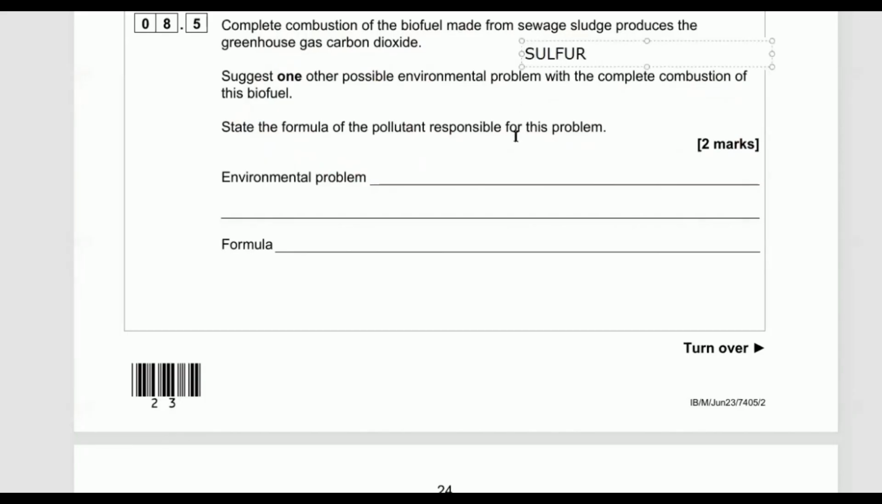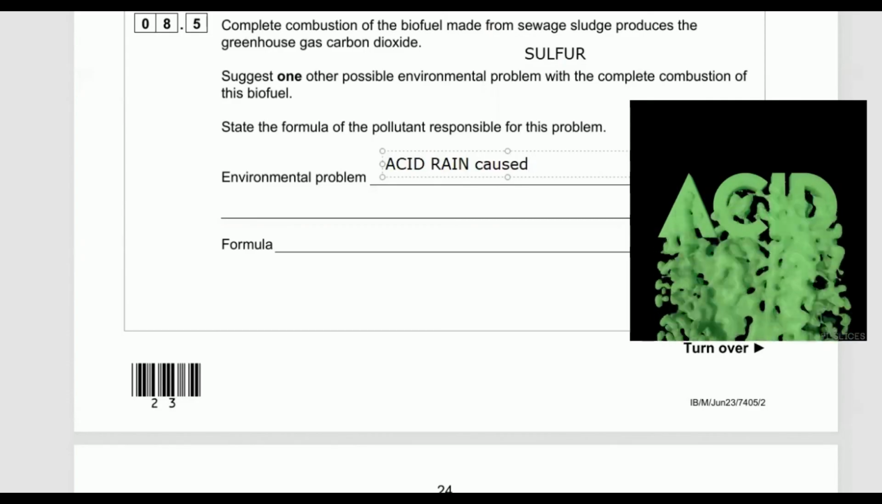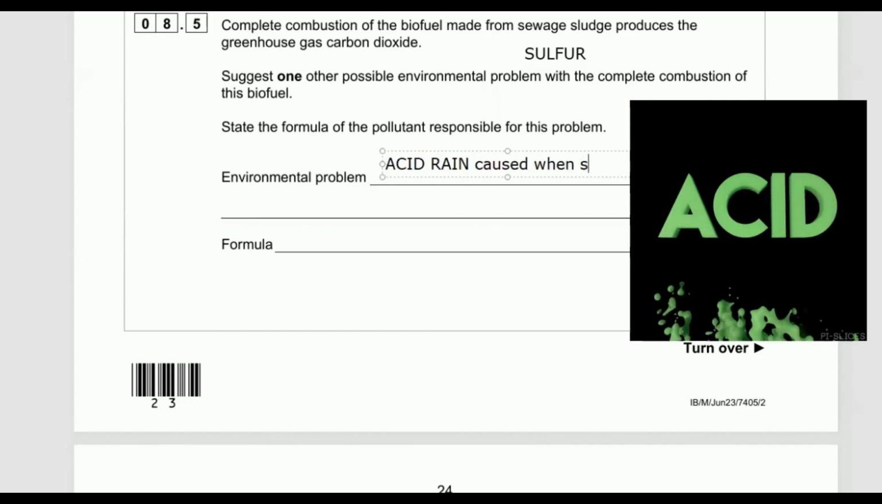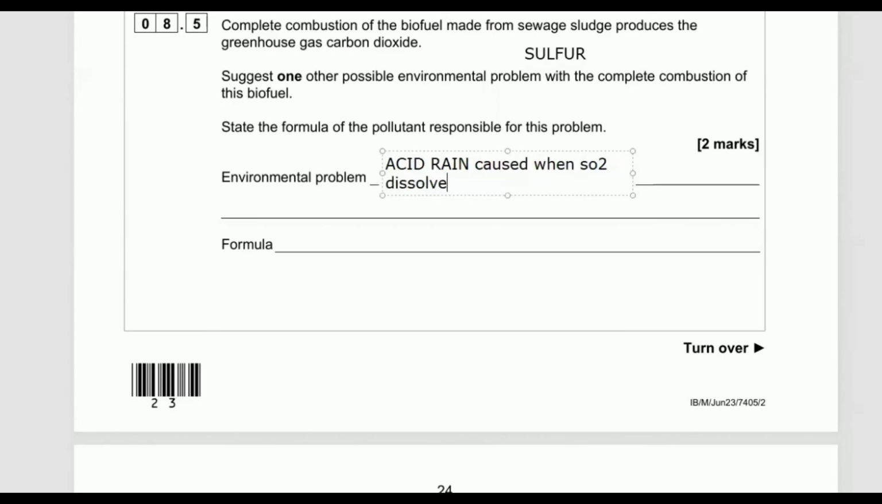So we were told that it had sulfur. And of course, the environmental problem is acid rain, caused when SO2 dissolves in H2O, or rather reacts. The main thing is acid rain. It actually reacts. It's a reaction rather than a physical process. So I probably lose myself a mark there. But acid rain, and the formula is SO2,